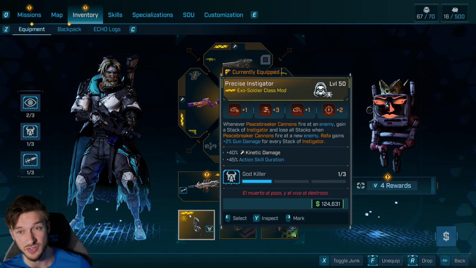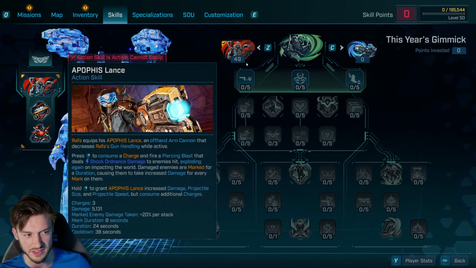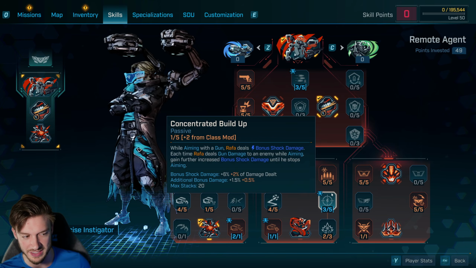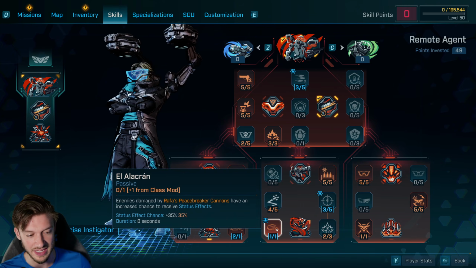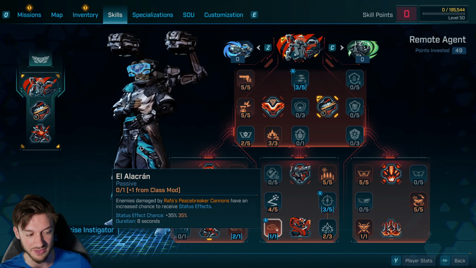And the red skill tree is Rafa's best skill tree, so you get really great skill rolls with the 4 choices here. So between this class mod, you get the Deft Hands, increasing your fire rate and your Peacebreaker Cannon's fire rate, increasing our gun damage. We also get the Concentrated Buildup, which gives us bonus shock damage the longer we aim down sights. We also then get the El Alcatran, so enemies damaged by Peacebreaker Cannons have an increased chance